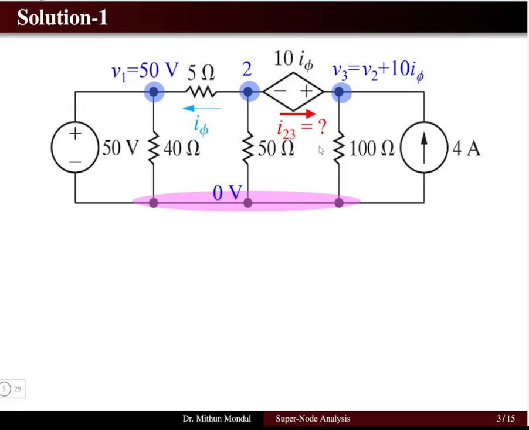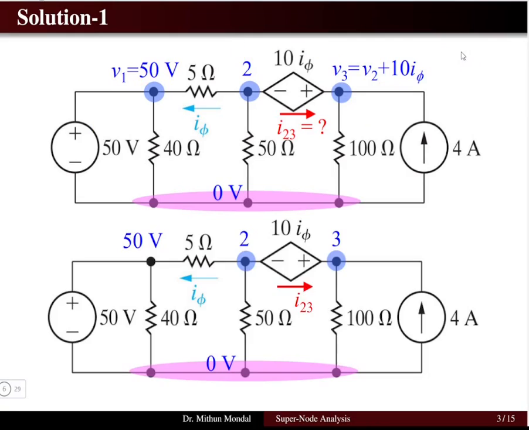So let us look into the solution. Node 1 potential V1 is directly the potential of the source, which is 50 volt. Node 2 is unknown to us, so we can give a variable V2. Node 3 potential will be equal to V2 plus 10 times the potential of the dependent source in accordance with